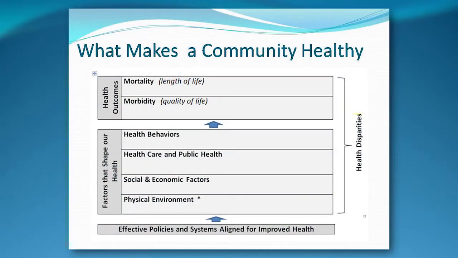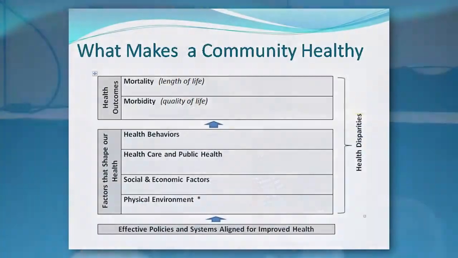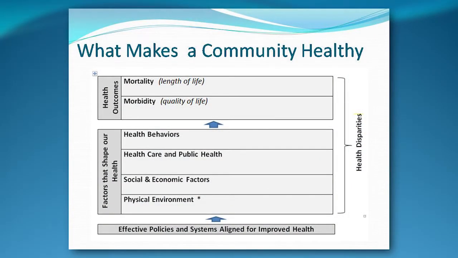Let me give you a glance at that model. This is a simplified version of the part that talks about what makes a community healthy. I assume many of you are familiar with the County Health Rankings. Our academic partner at the university hosts the County Health Rankings and Roadmaps, so this is very similar to their model. What's different in how we used it in Wisconsin is that we took the health priorities from our state health plan and plugged them in there. So we really married those 2 models.